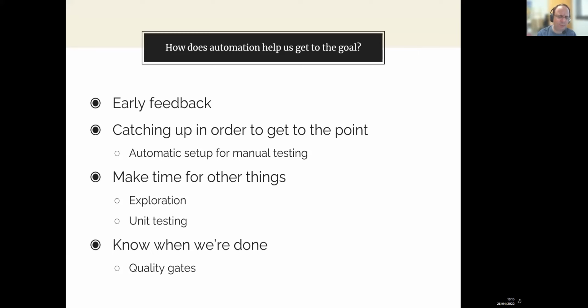The second thing is catching up. We think about automation or automated tests as the goal in order to speed things up, but this is not the only automation. If you want to do exploration, for example, maybe you'll need to run a script that fills up the database with something. You were going to test something, you need users in the database, clients or customers registered in the database in order to just explore or play with the application. So in order to do that, you can run scripts,